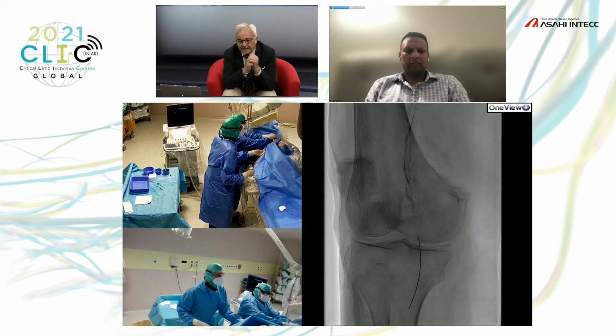Despite the less aggressive tip, so this tip is 12 grams versus 20 grams of the Astato, the penetration power is quite good, and the possibility to change direction probably is higher compared to the Astato 20 wire. But